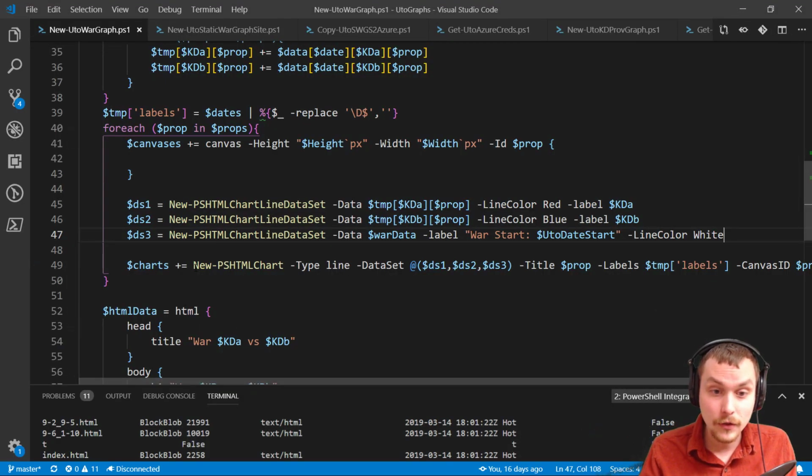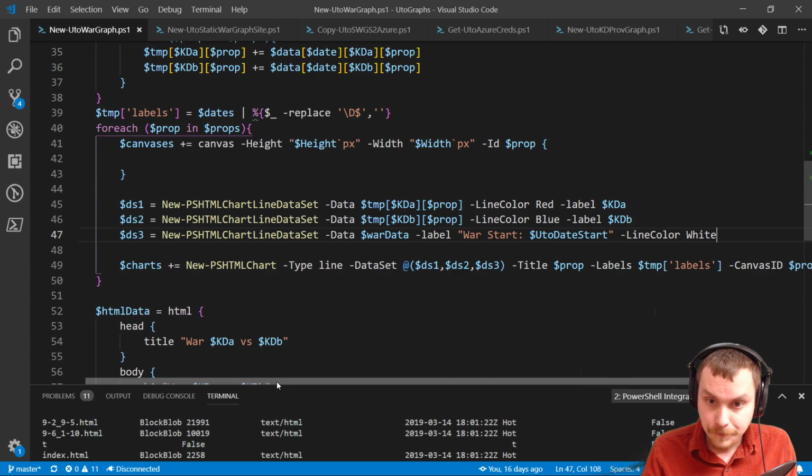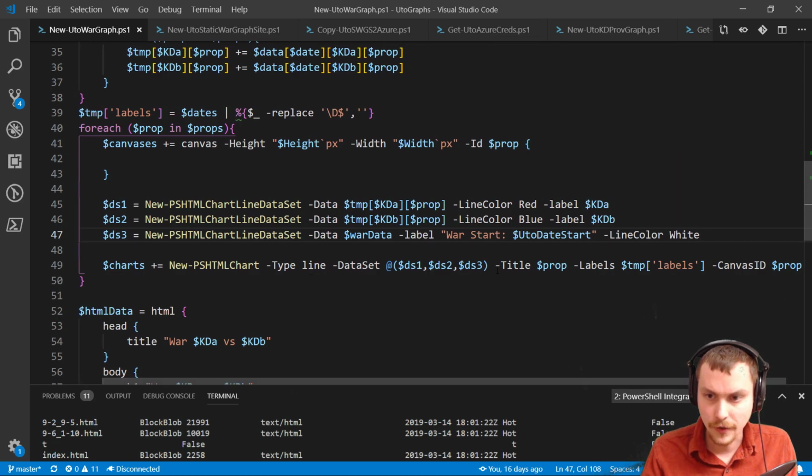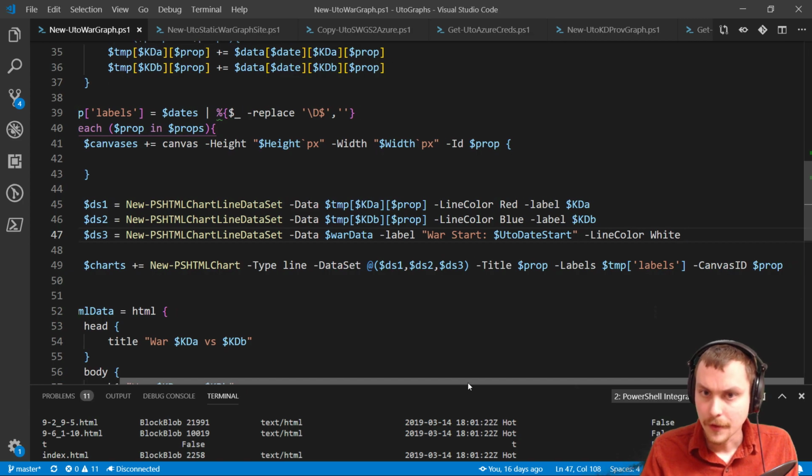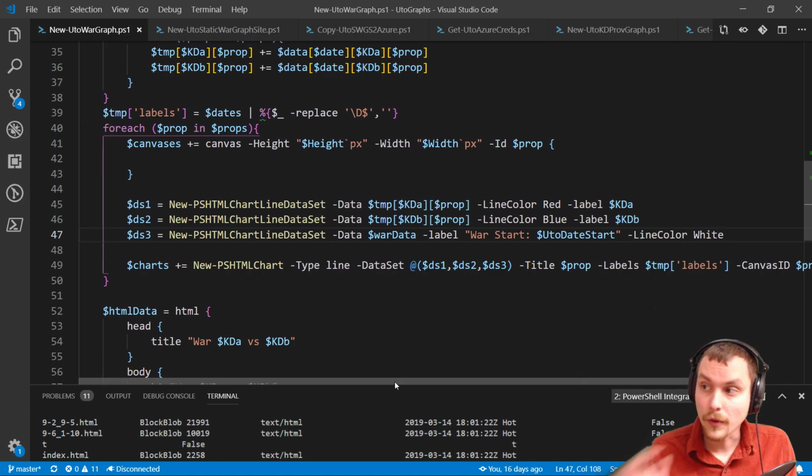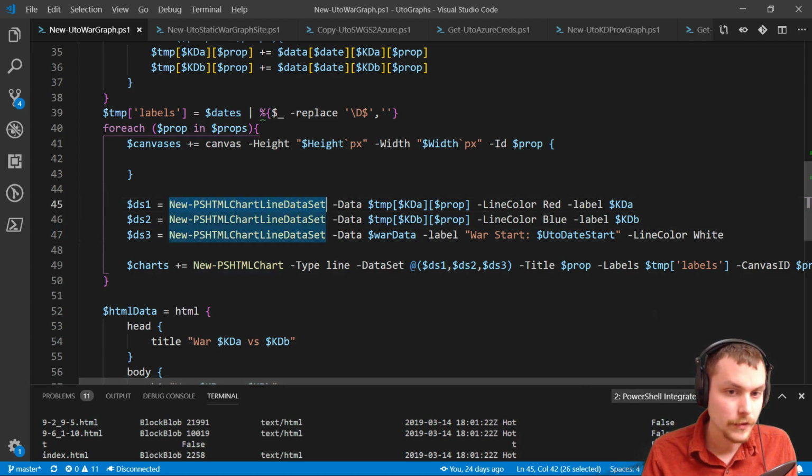And then we're creating a new chart using a new PSHTML chart. And it's specifically a line chart, and it's got the 3 data sets there. And so the place where we would actually set that point radius, we can start with the new PSHTML chart